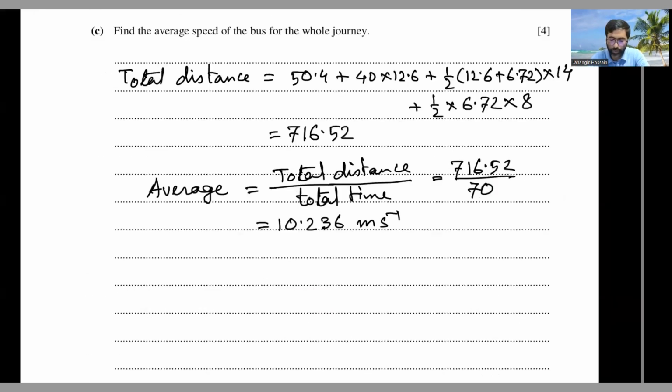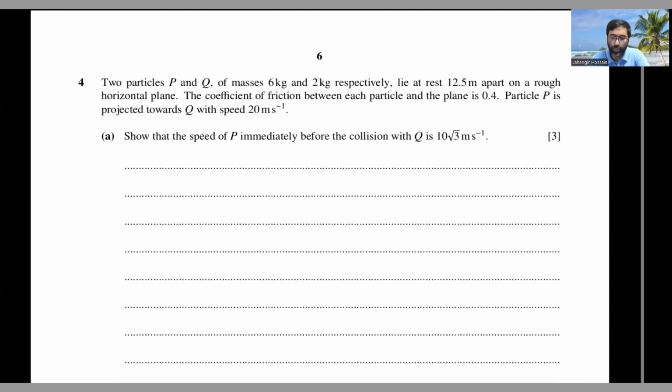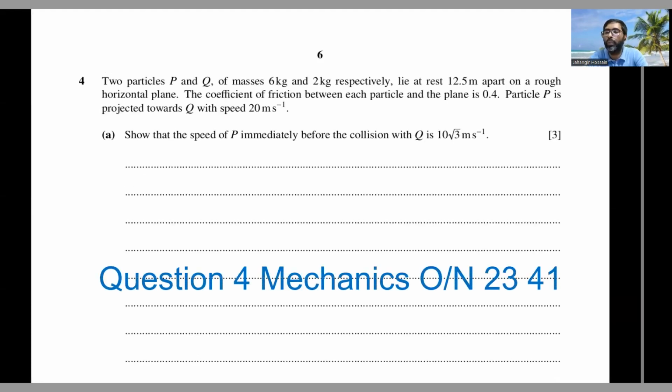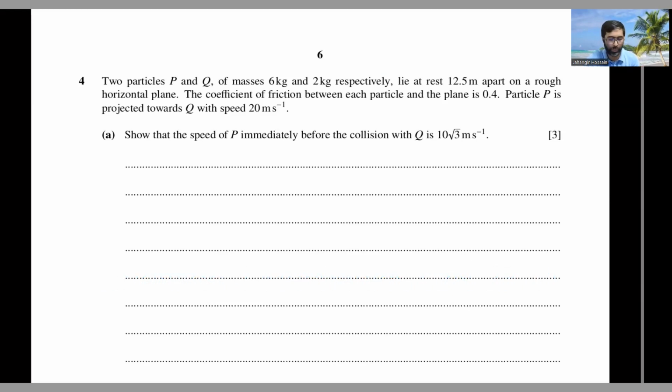Now let's move on to the next question, question four. In question four, we have two particles P and Q of mass 6 kg and 2 kg respectively, lying at rest 12.5 meters apart on a rough horizontal plane. The coefficient of friction between each particle and the plane is 0.4. Particle P is projected towards Q with speed 20 meters per second. You need to show that the speed of P immediately before the collision with Q is 10 root 3